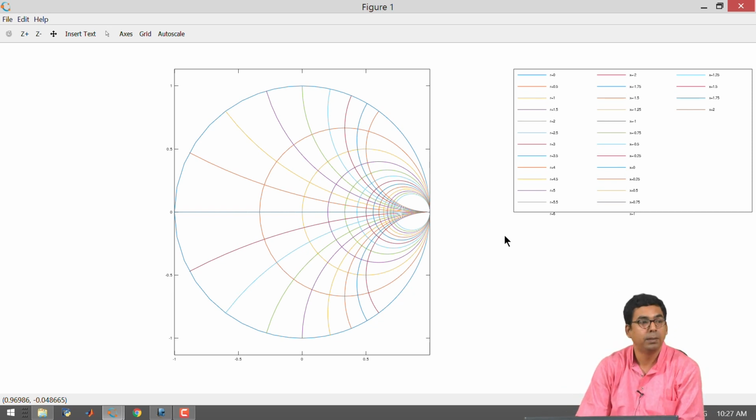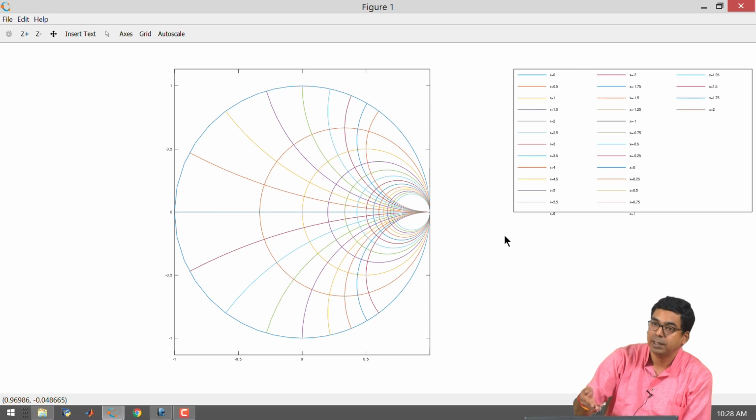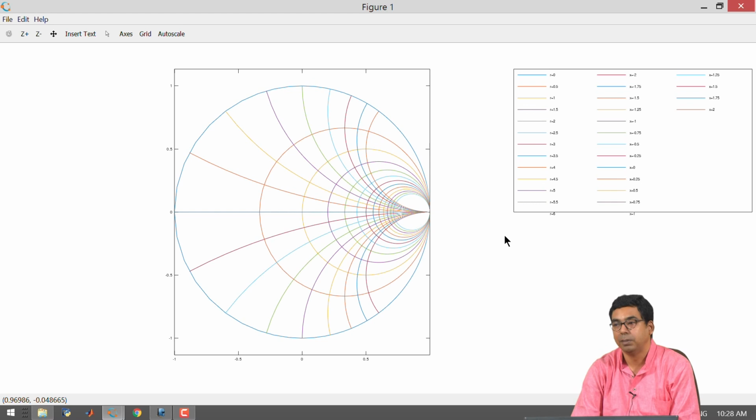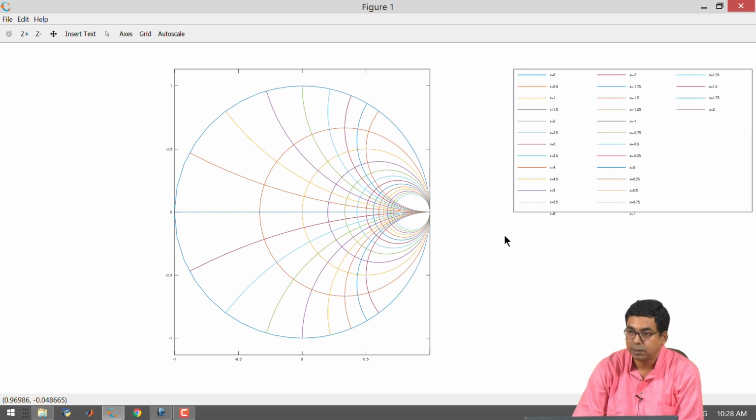So all you are doing is taking different values of your load impedance that is normalized to the characteristic impedance of your transmission line, and you are plotting the root locus of all these points, and you are plotting the variation of real and the imaginary parts, right, on the complex gamma plane. Okay. Each and every point here is telling you the value of gamma. The gamma is going to be having a real part and an imaginary part.